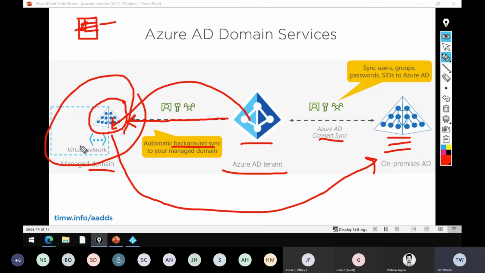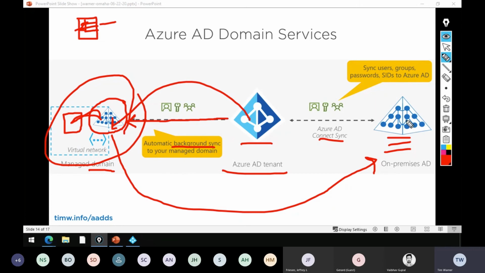And yes, you then can connect. You could fire up a VM, let's say, that's in this virtual network, and you can join the domain just like you normally do with the system control panel or PowerShell or whatever. And you can fire up the server manager or the admin center, whatever that browser-based management tool is called, and you can get to group policy management and do a lot of that stuff, and you can look at your Azure AD users through the filter of organizational units. So those are actually kind of cool, come to think of it. But I think that's about the long story short here.